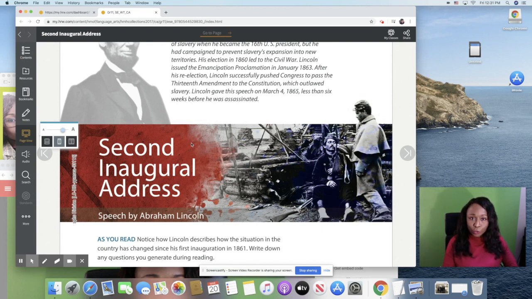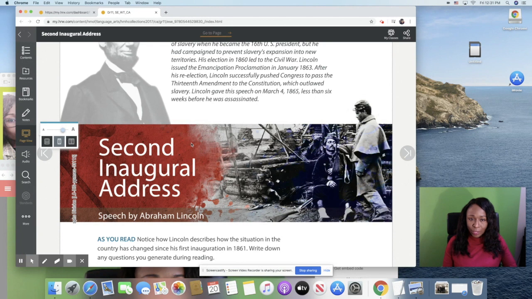What I want you to do is really pay attention and investigate. What does he really say? What does he really talk about? Because what our expectations and what is actually said may not be the same thing. What's interesting about what we're experiencing now is that if you've watched the governor on television, or if you watch the president, which it seems like at least one of them are on television every day now, we go to watch it with our own anticipation and expectations of what we think is going to happen. But at the end of the day, they're going to tell us what they want to tell us.